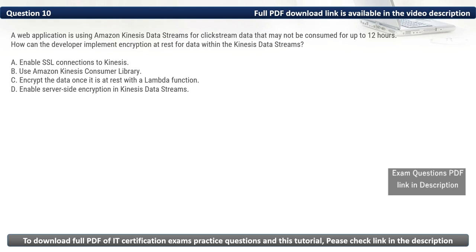Here in this question, the developer can implement encryption at rest by enabling server-side encryption in Kinesis Data Streams. Thus, the correct option is D.